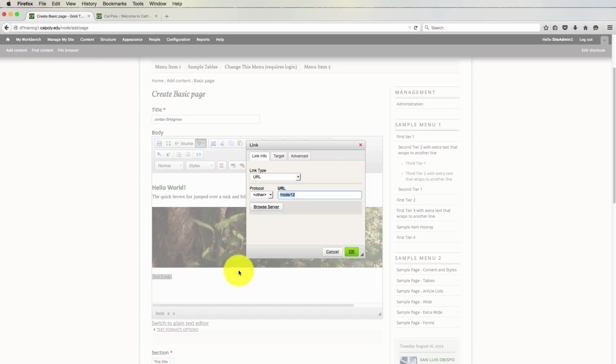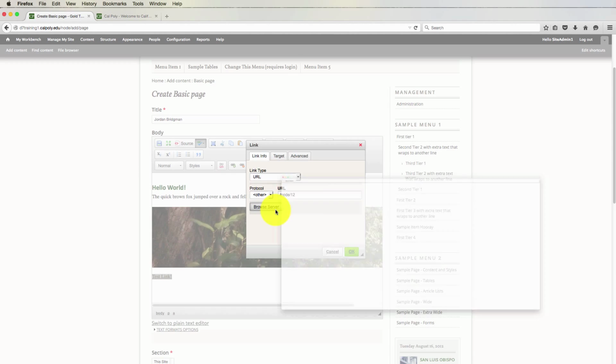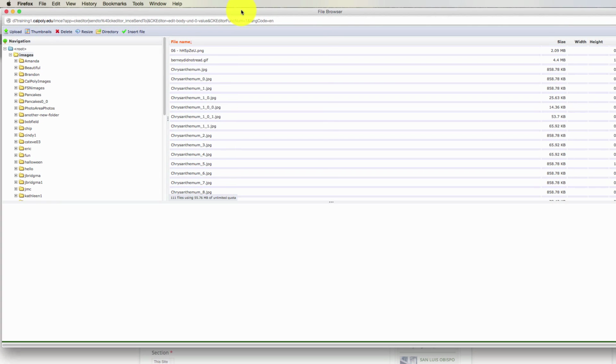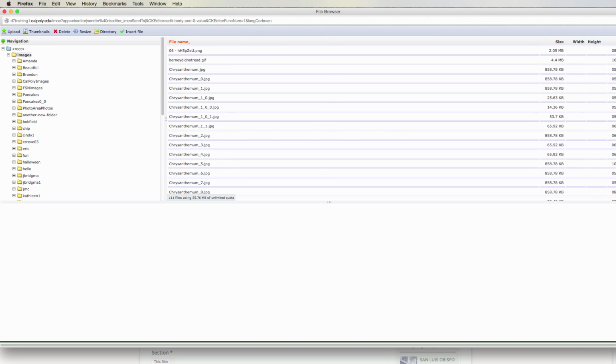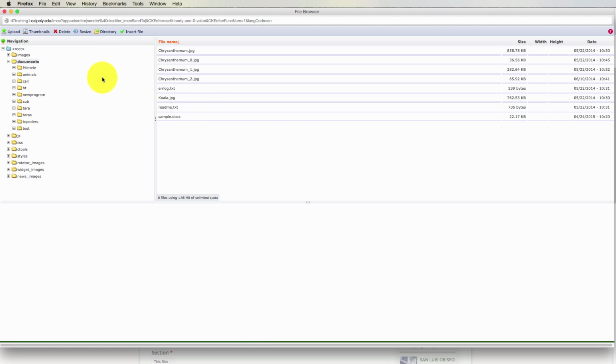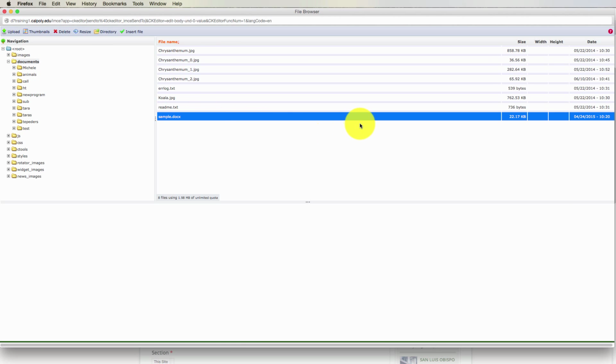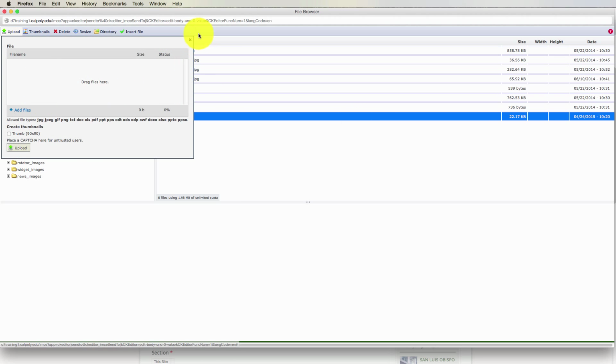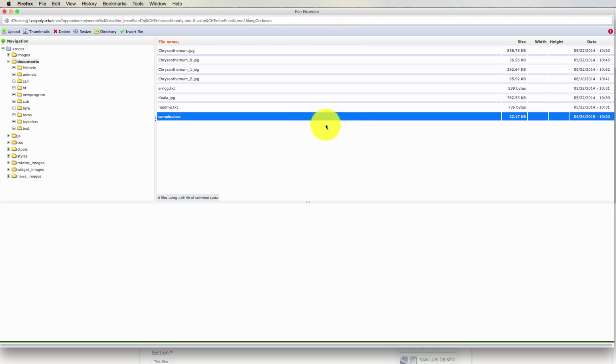I can also double-click here to open that dialog box again, which I'm going to use in this case so that I can change the link type to URL and show you how to insert the other two types of commonly used links. If we click on Browse Server here, that will open up the file browser we used to insert an image earlier. It can be used in much the same fashion to insert a link. In this case, I have my Documents folder selected so that I can access my sample document. But you could click on Upload in the top left here if you wanted to add a document that wasn't already on your file server.